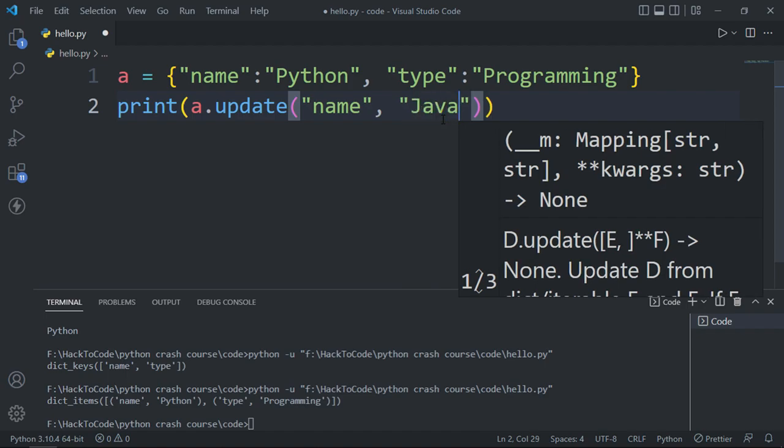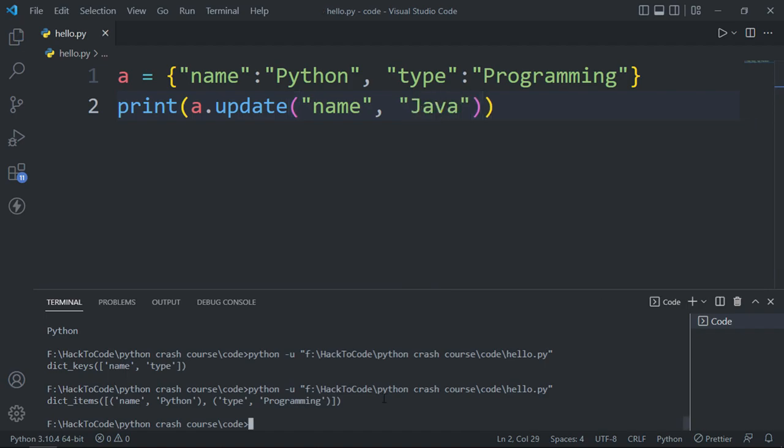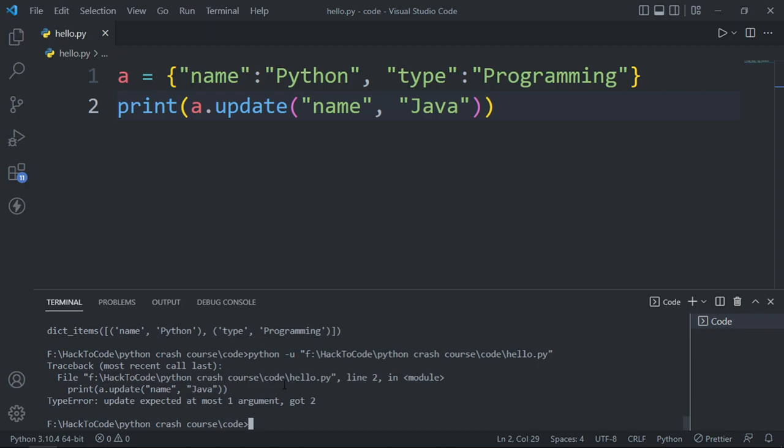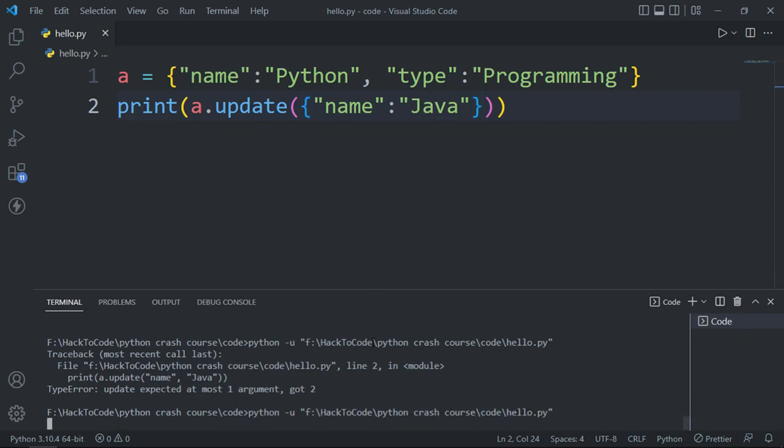Let's save this file, and if I run this, okay, so it is giving me an error. So what I have to do is I have to type here a dictionary. So I will use these curly brackets, and instead of this comma I have to type here colon. Let's save this file, and if I now run this